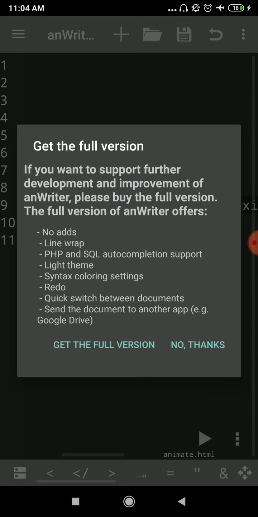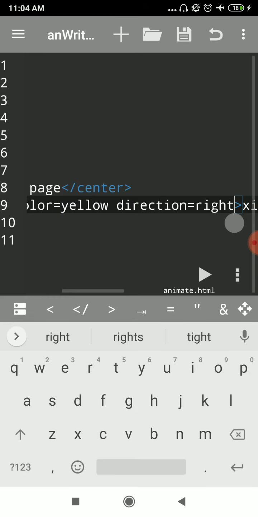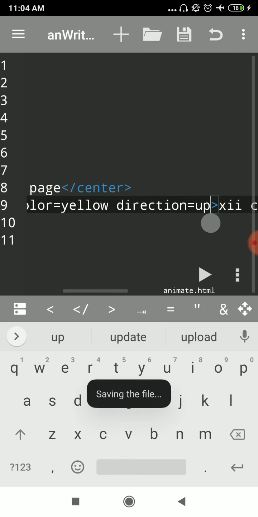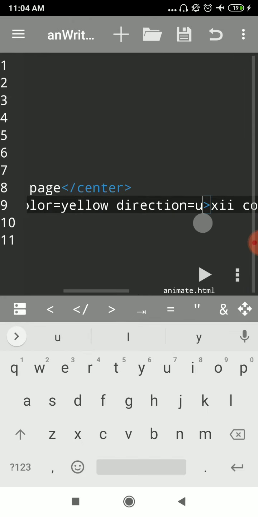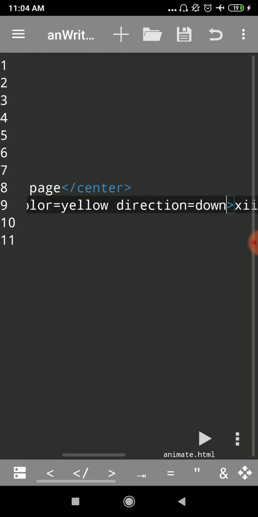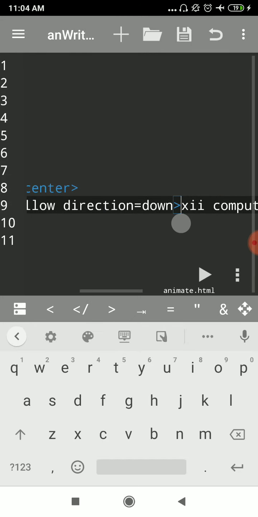So in this way you can change the sides, that is direction. Let me show you with the up value and down value. This is how you do it with up, and this is what you do with down. Let me proceed further with the next option.